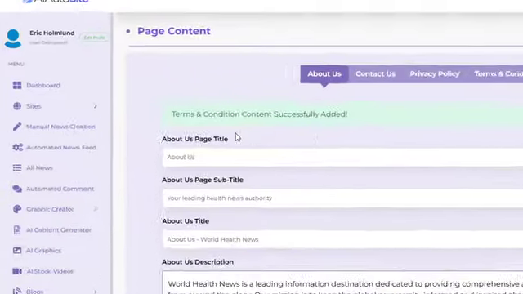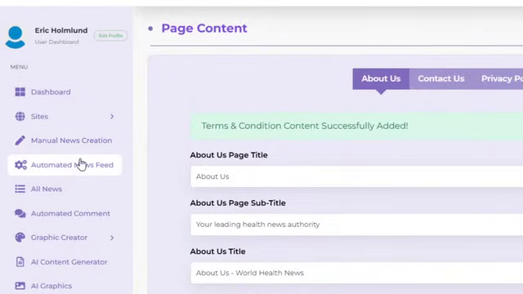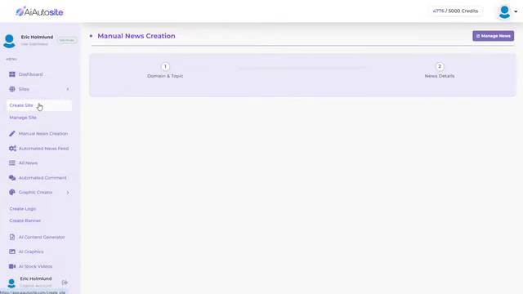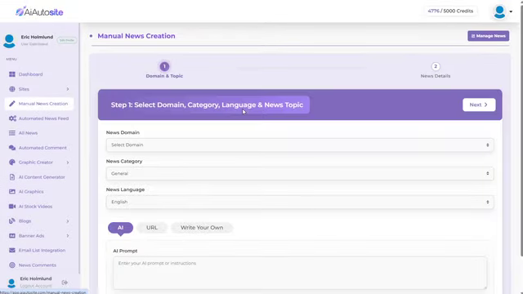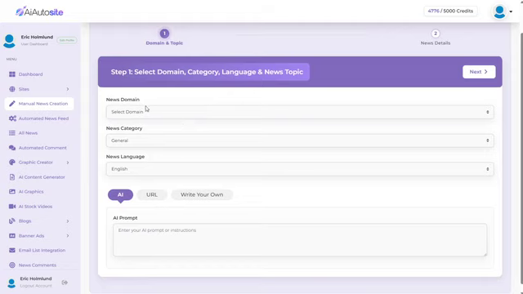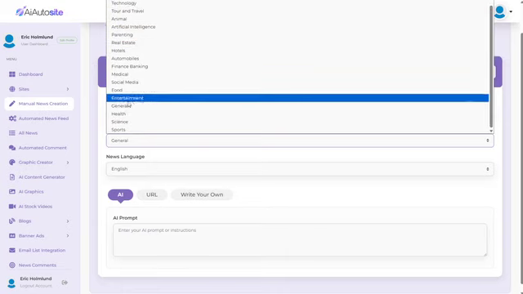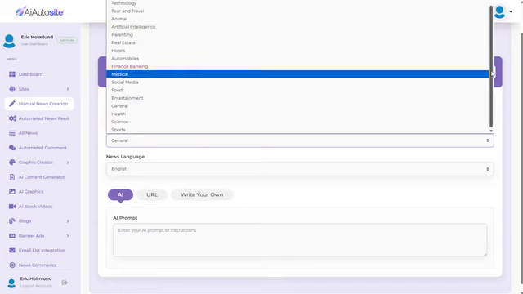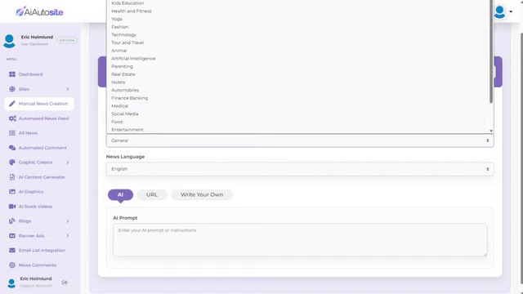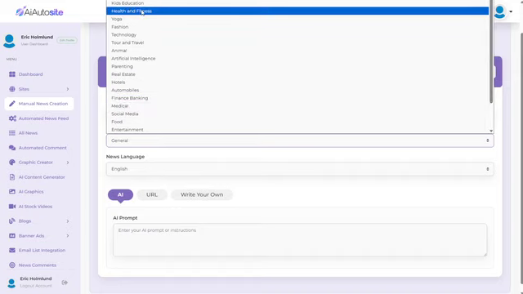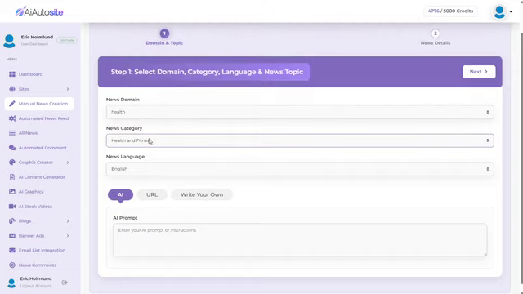Back to the dashboard, we have two ways of adding content. We've got a manual news creation and the automated news feed. Manual news creation is when you want to go and just add one article at a time. I showed you one example of this already. Select my news domain. From the category, you can select one of these categories if you want to give the AI some direction, or you could just go general if it doesn't fit into one of these categories. In my case, since this is health and fitness news, I might as well go with the health and fitness